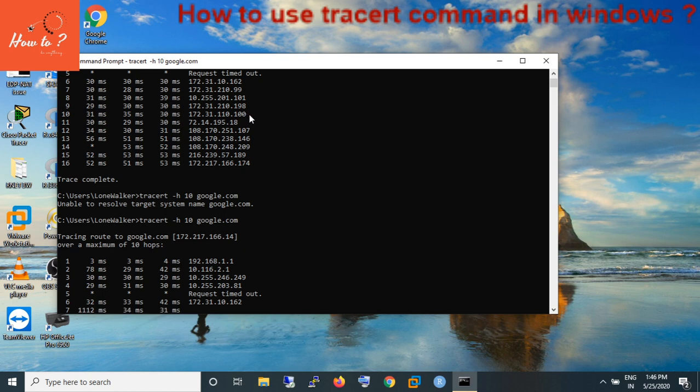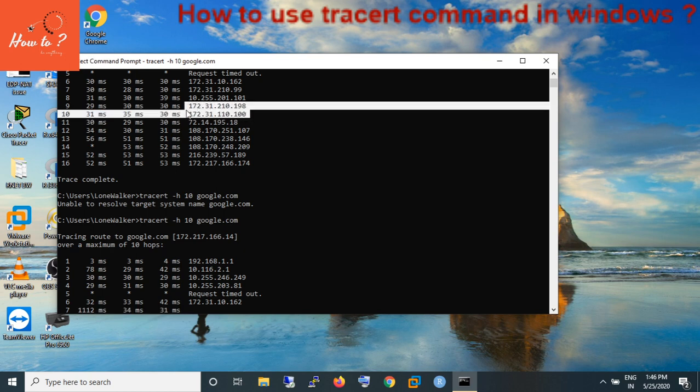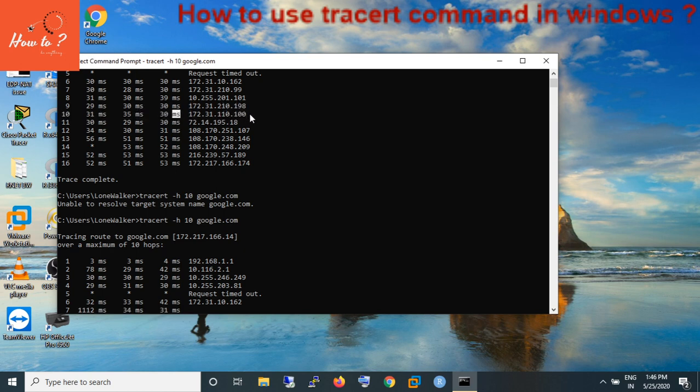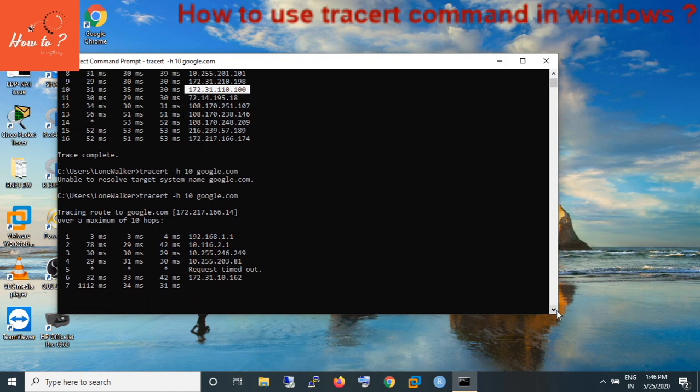The IP address of hop number 10 is 172.3.110.100. So this must display the results up to this IP address. It's taking a while.